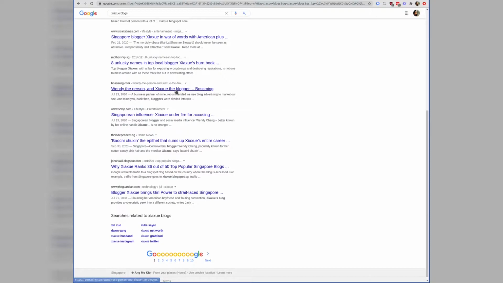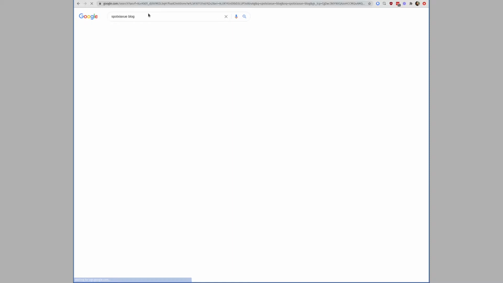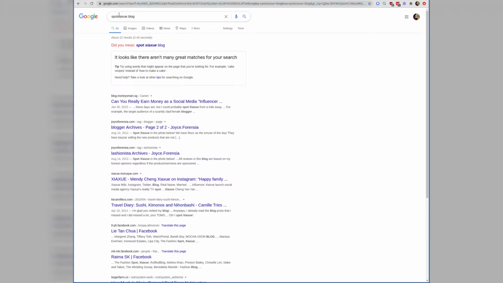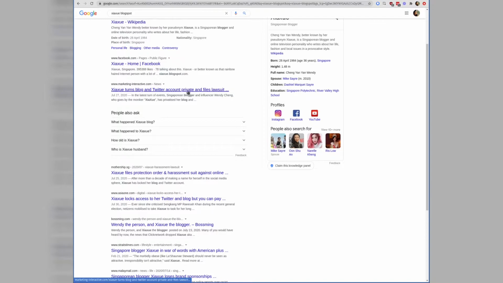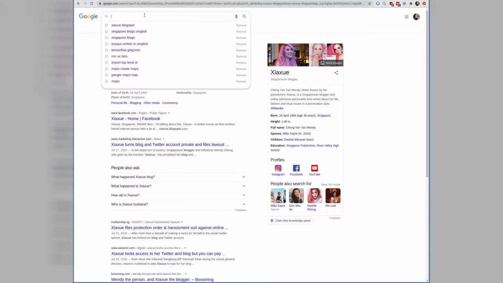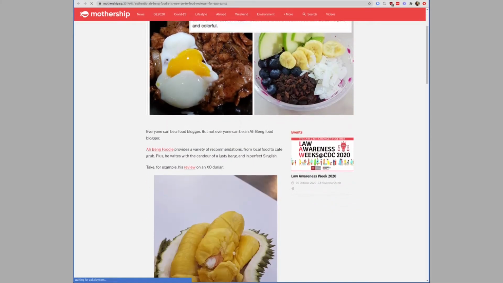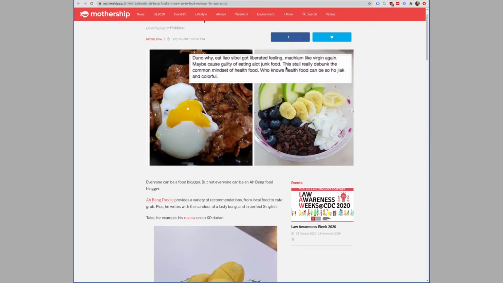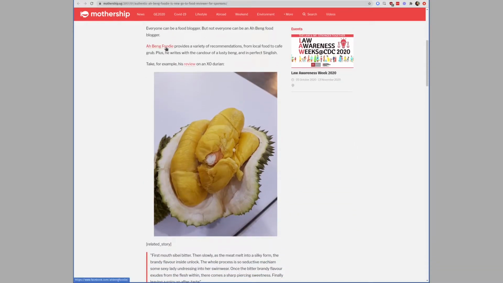So I went with the second way, which is just to source the text from alternative sources like Singaporean blog posts. But unfortunately, sadly, blogs are dead at this time and age. So I also couldn't find any prominent bloggers that were blogging in a Singlish or Abing tone at this point. Luckily, I did manage to find this page on Facebook called the Abing Foodies page, and he makes food reviews in this Singlish and Abing tone, which is pretty good to me.